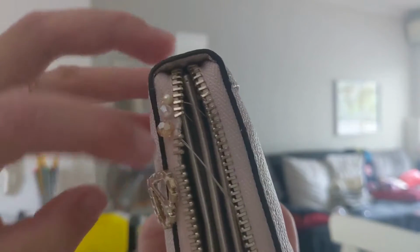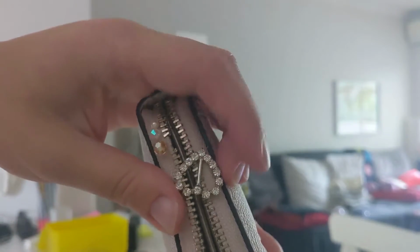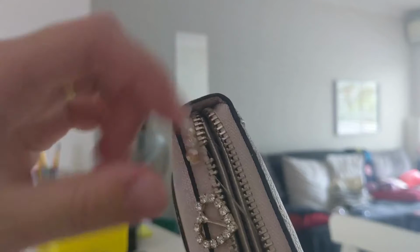So this is the bottom, this is where the love heart is. That's going to go across there. It's going to be really tricky to try and seal it up, but I think it's going to work. I'm going to put in the